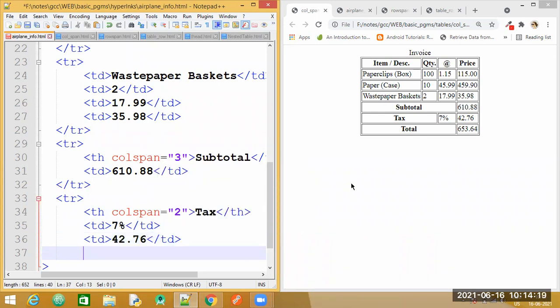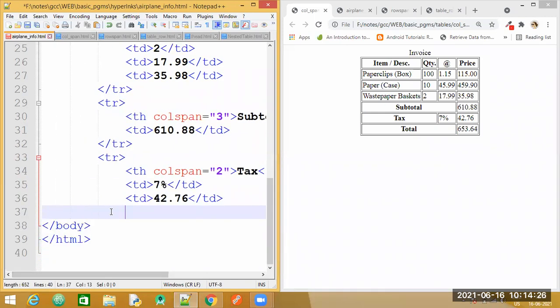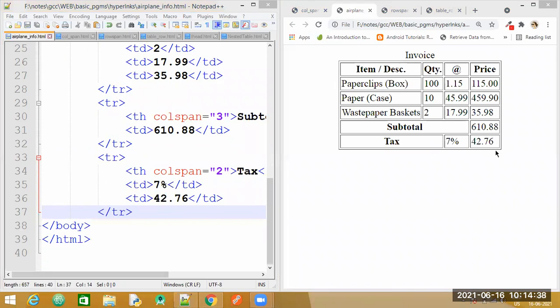So let us check if we have ended our row tag. Okay, so we need to end the row tag here. So let's refresh and check. So yes, we are getting it.